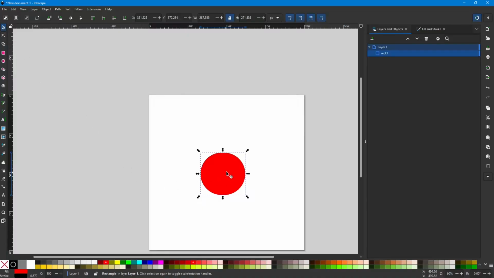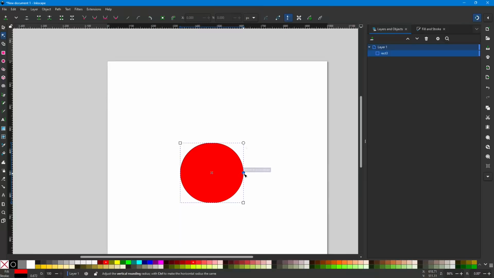So if I'm working with one tool and I want to go to the node tool, I just hit the N on my keyboard, and now I'm in node mode. So you can fine-tune